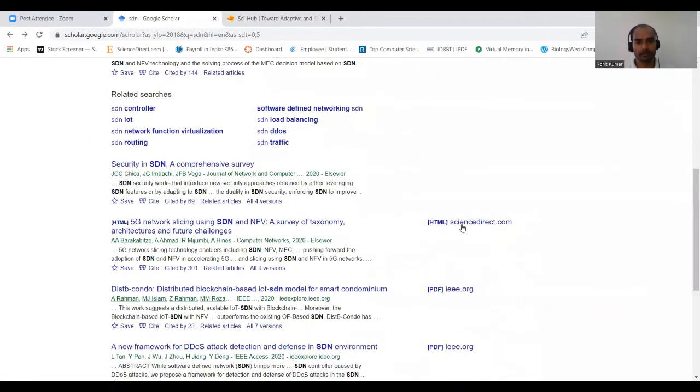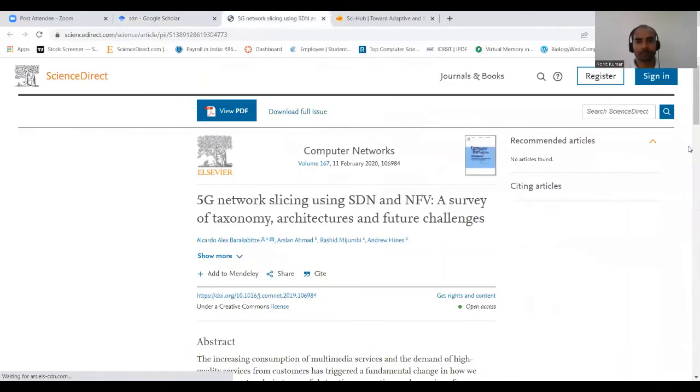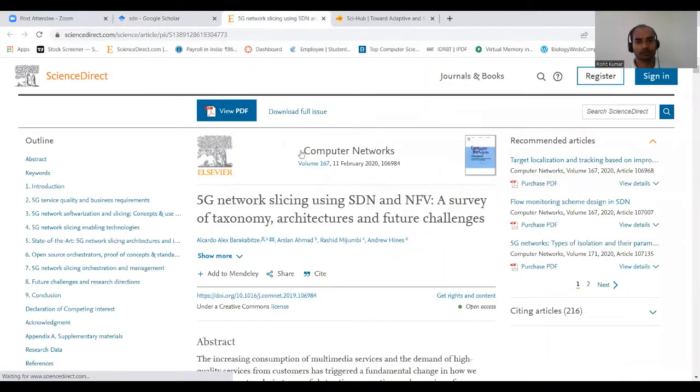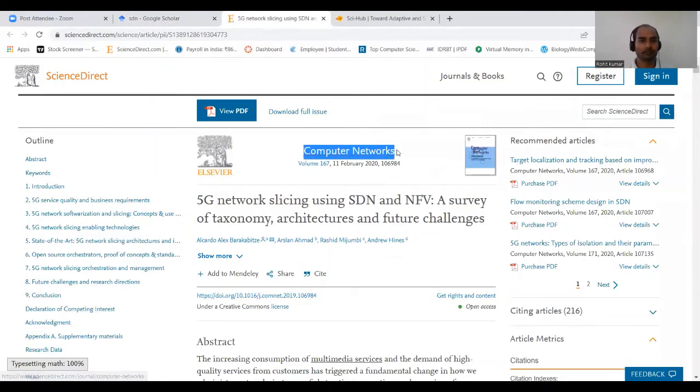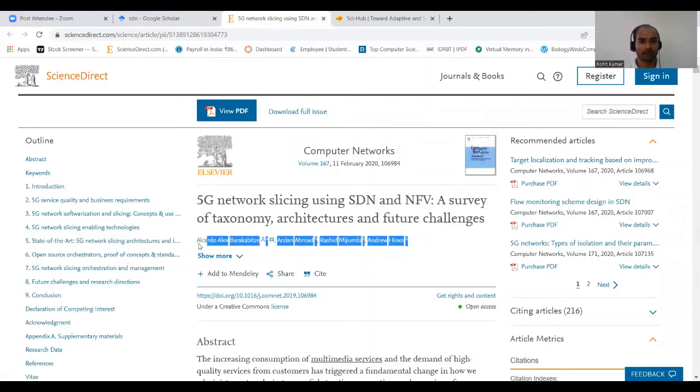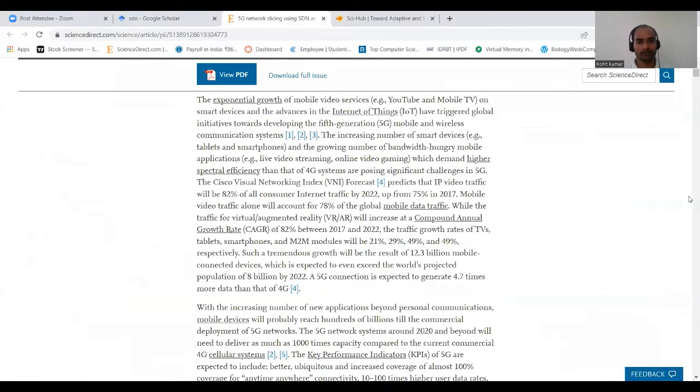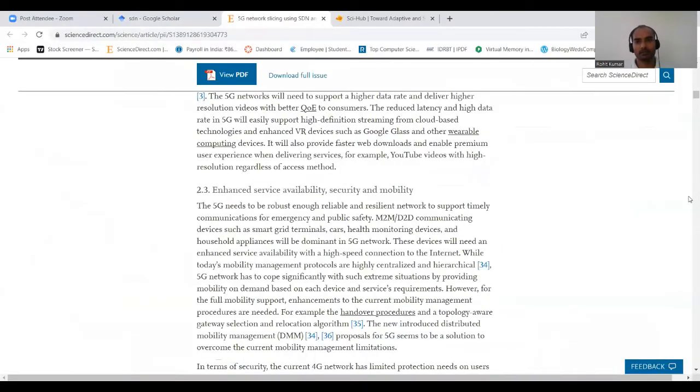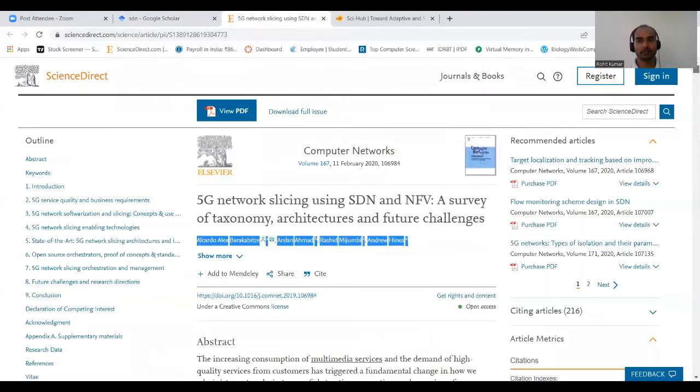But here, as you can see, it's directing you to a ScienceDirect page, and it's an HTML page, a plain, simple web page. Here you can see that I don't have a subscription to Computer Networks, and I don't have IDs either, so obviously I'm not able to access it. But this paper is, I think, open access. That means the original authors have already paid the subscription fee for this particular article, and that's why it's free to access. You can see the whole article is available here. So in this way, you can fetch it from this HTML page,